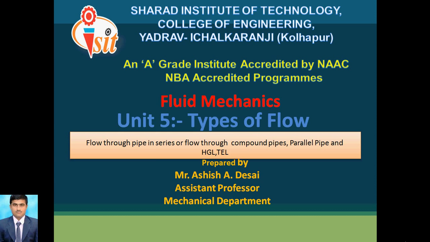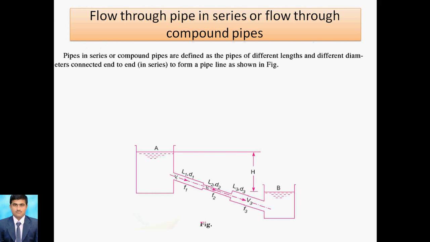In the previous lecture, we discussed the minor losses. There are different minor losses, and we compute for different losses in a pipe. Now we are moving to the first point, that is flow through pipes in series, or flow through compound pipes. In that case, pipes in series or compound pipes are defined as pipes